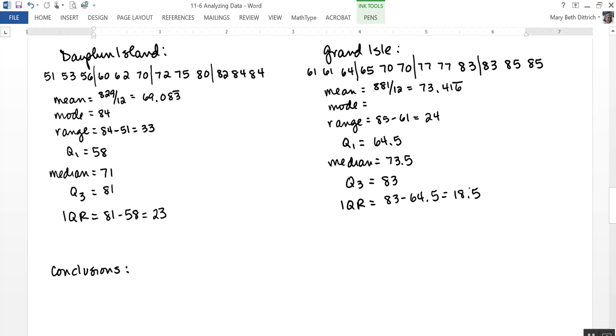Okay, so now let's see if we can draw some conclusions about these 2 sets of data. Well, let's first look at the mean. So the mean at Dauphin Island, or the average temperature, is about 69 degrees. The mean at Grand Isle, I'm going to call that about 73.5. So the average temperature at Grand Isle is 4.5 degrees greater than at Dauphin Island. So in general, the water temperatures at Grand Isle are warmer